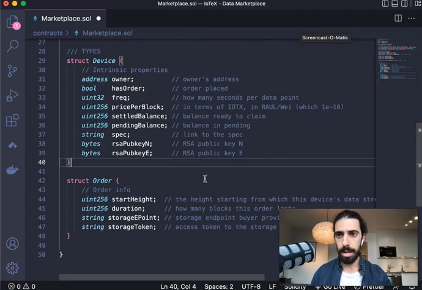After that, as I mentioned earlier, we have the device struct and the order struct. So let's just look at the keys real quick just to make sure we understand everything. We have an owner, obviously, for a device. We have a Boolean flag here that specifies if the device has or has had an order already or not. We have the frequency that represents the data frequency of this device, so how often this device is sending data to the subscriber, what the price is, and then we have the settled balance and the pending balance, meaning that